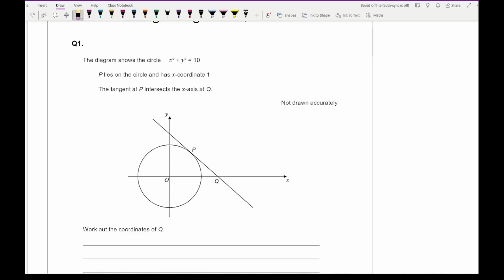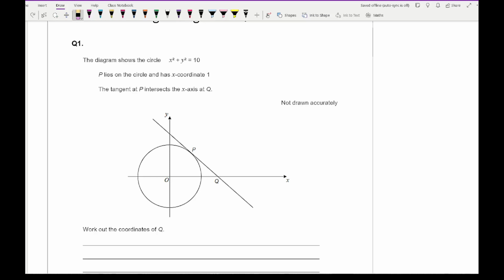Now if you've not had an opportunity to print off and have an attempt at these questions, then all you need to do is just simply pause the video and have an attempt at it and then unpause as we go through the answer. So looking at question 1, it says the diagram shows the circle x squared plus y squared equals 10. P lies on the circle and has an x ordinate of 1. The tangent at P intersects the x-axis at Q, and the question is asking us to work out the coordinates